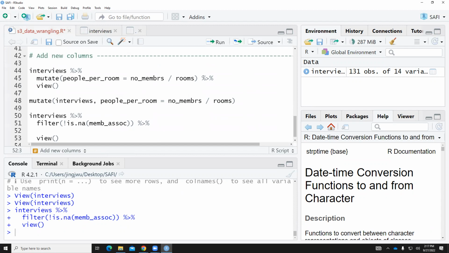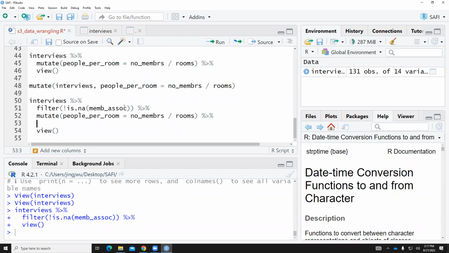And next, let's say we still want to calculate people per room. We just copy and paste it here. And we don't want to display all those 15 columns. We want to select some columns to display. Let's say we want village, number of household members, and we want to show rooms, and also we want to show people per room. Since it is kind of